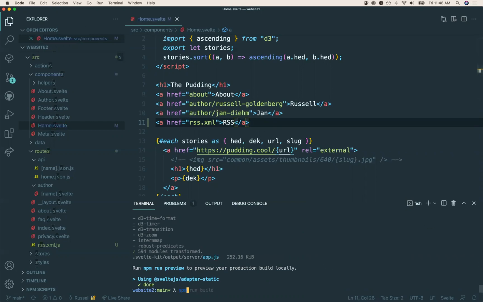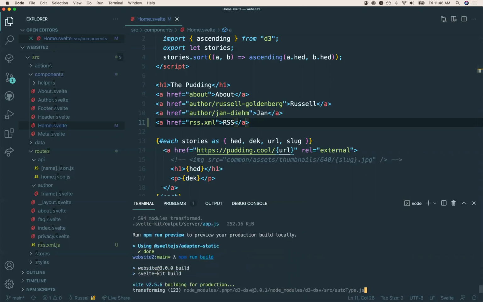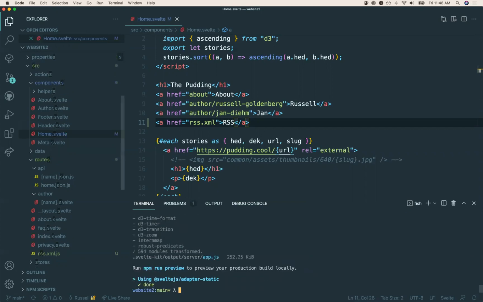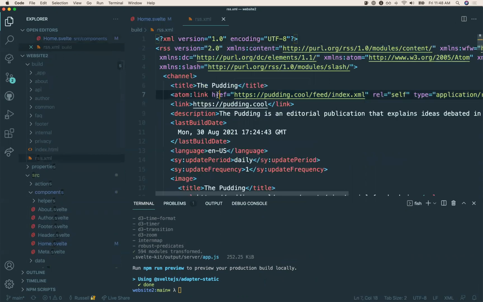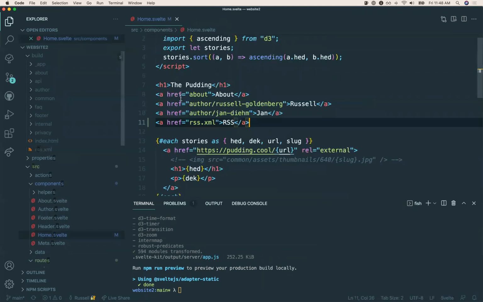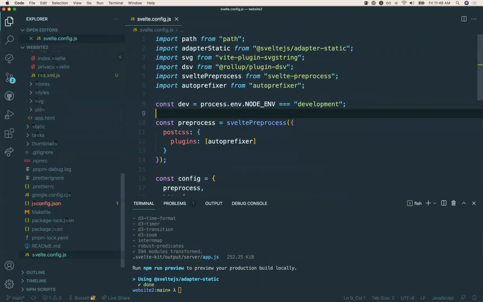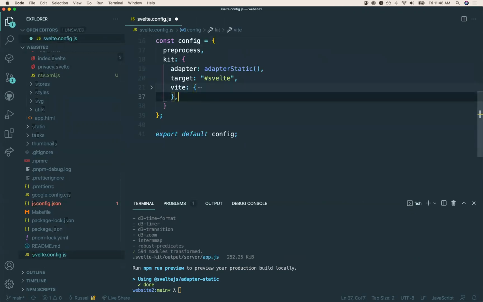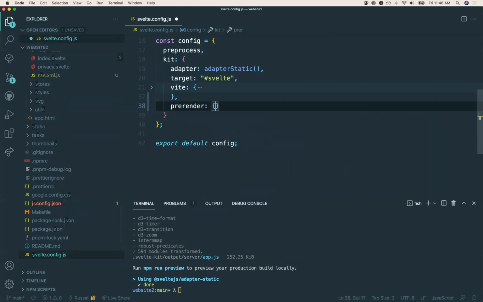So this is a fine option. Let's see if it actually works. No errors, and there we go. It's generated. So that worked. Look at that, XML. The other option I was going to mention, if for some reason we wanted to render it but didn't want to have it linked somewhere, I'm pretty sure we can do a pre-render, and then